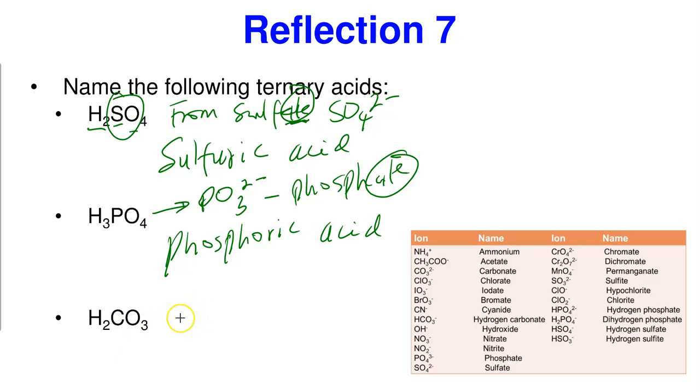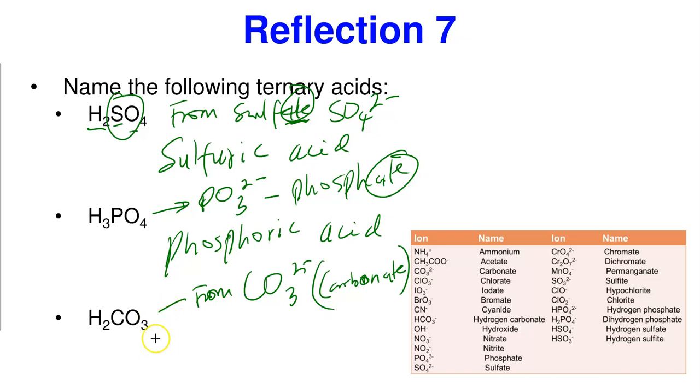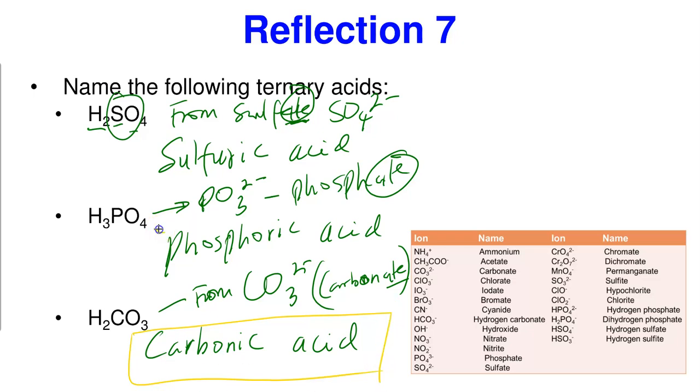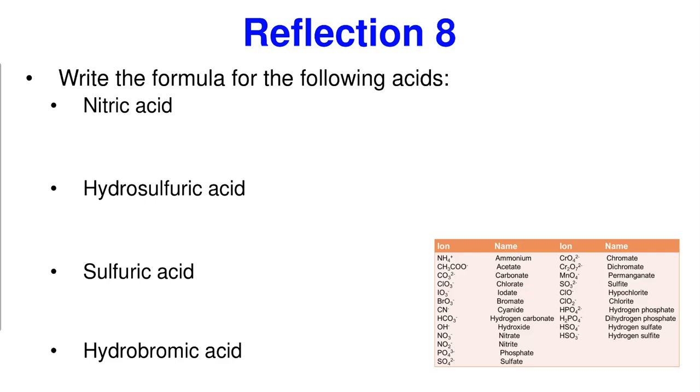This one again, here, this is some carbonate. This is from CO3, 2-, which is carbonate. So how do we name it? To name this one, we drop the ate and put IC, carbonic, and then we put acid, carbonic acid. That is how we name it. So these are the names of these ternary or polyatomic acids. Let's now go to the last problem, the last but not the least, where I did